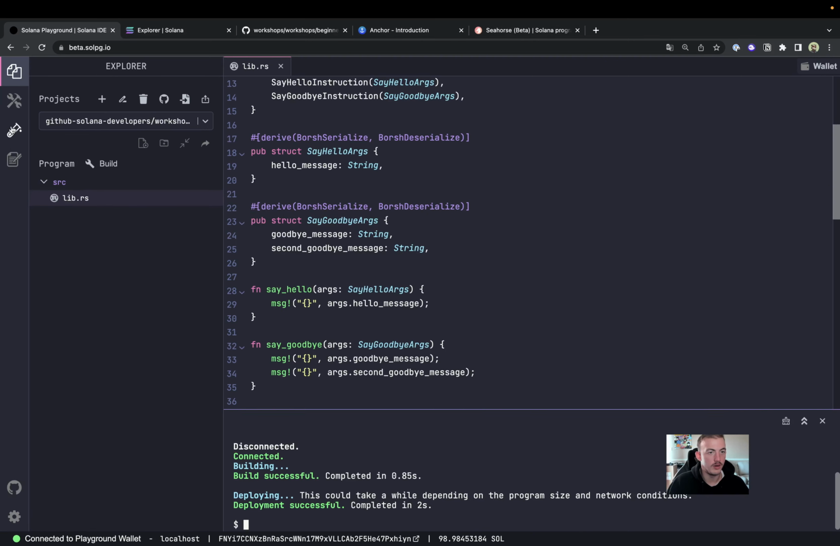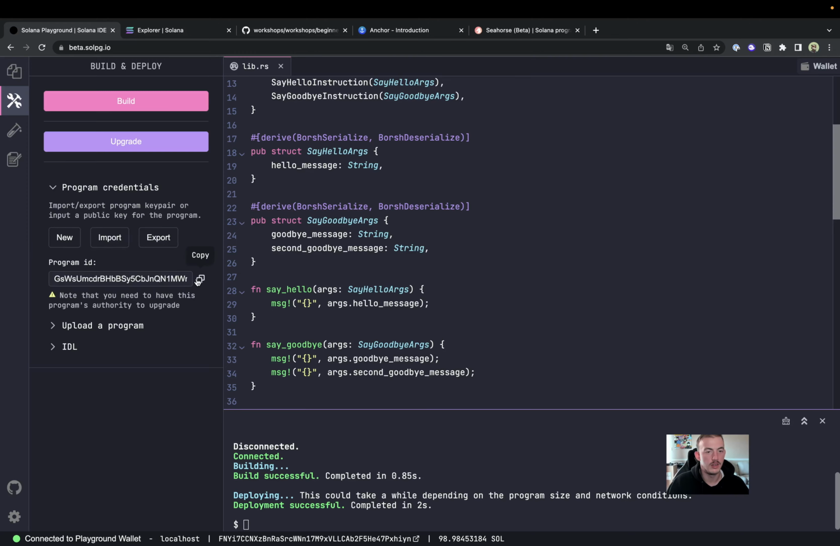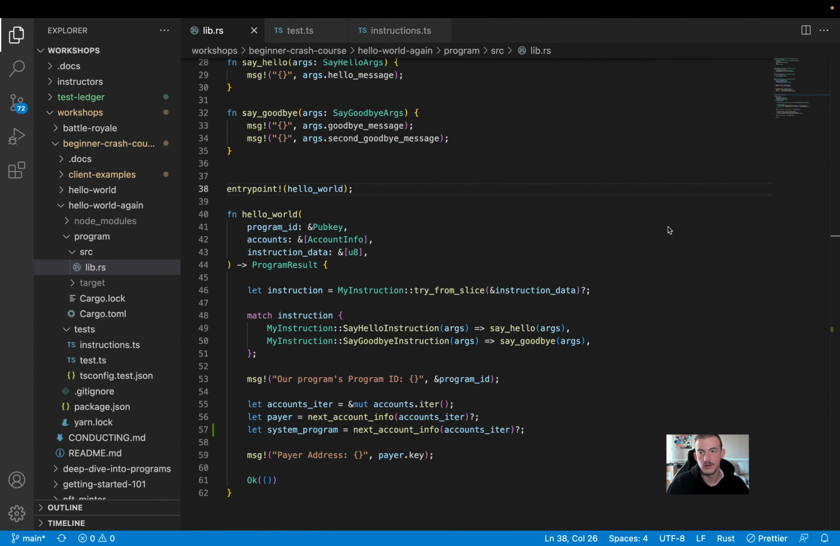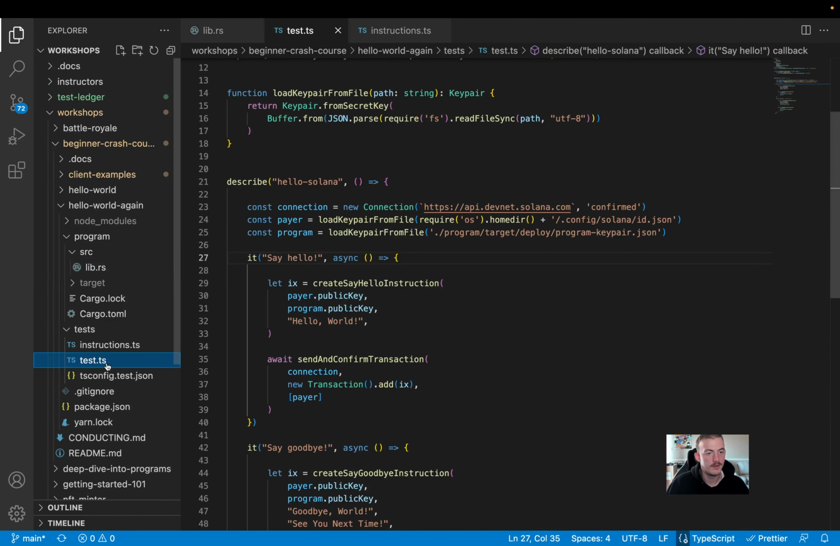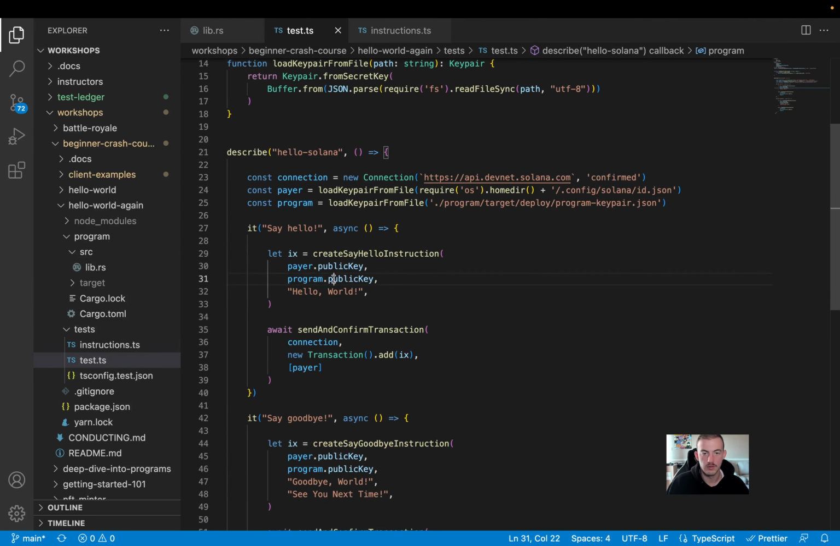And you can go here and get your program's information. You can get the ID of the program, and then you can go ahead and just run your test locally against it. So if I change this, where I have program.public key,